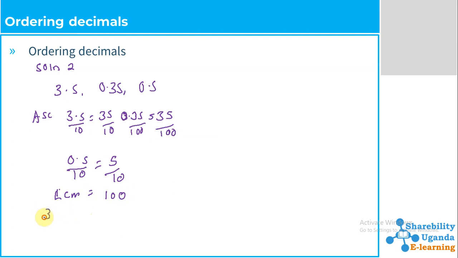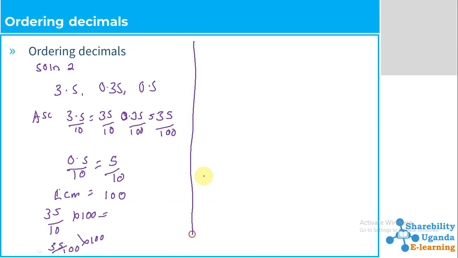We have 35 out of 10 times 100, which is going to be equal to something. We also have 35 out of 100 times 100. And then we also have our